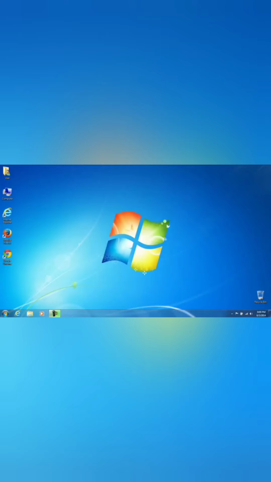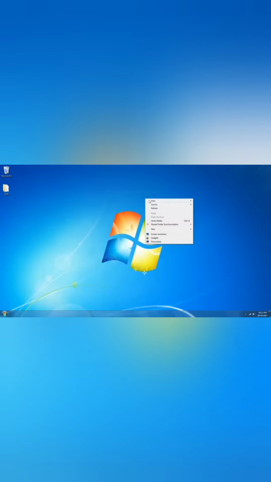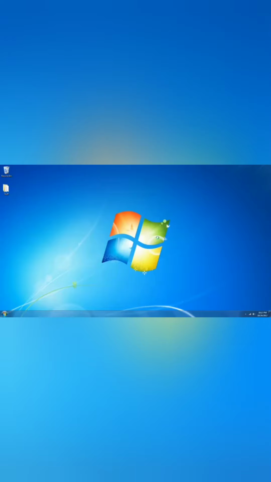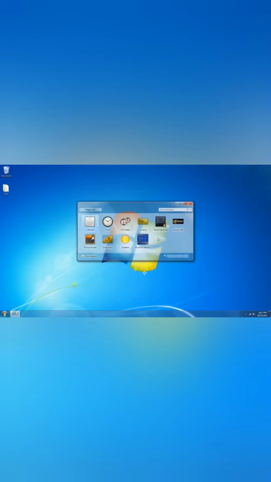Then we can check how to set a gadget in MS Windows 7. To add a gadget to your desktop, first right click on your desktop. See, the gadget option is here. Click on the gadget option. Another small window will come. It contains different gadgets. This is the gadget menu window.